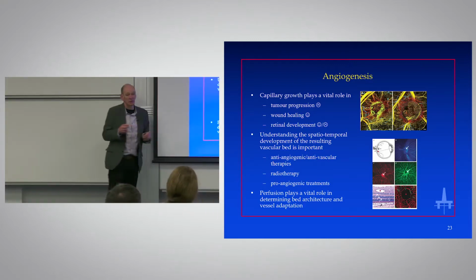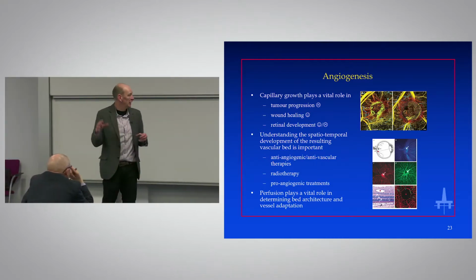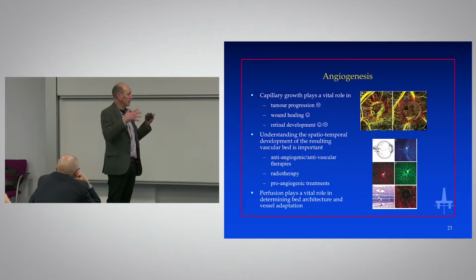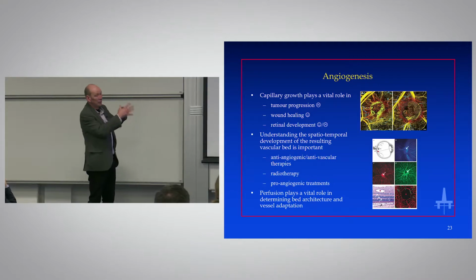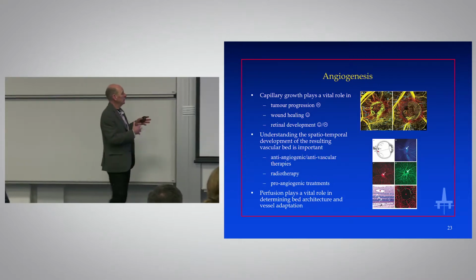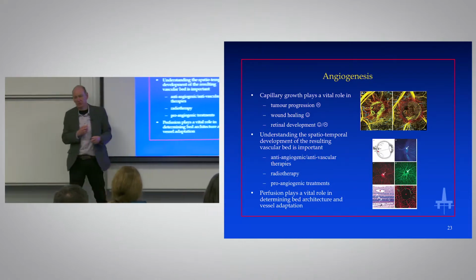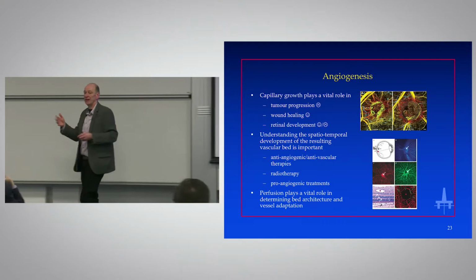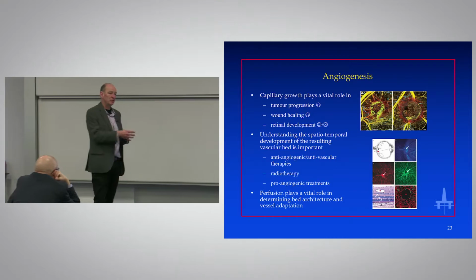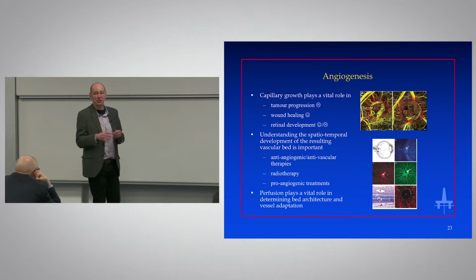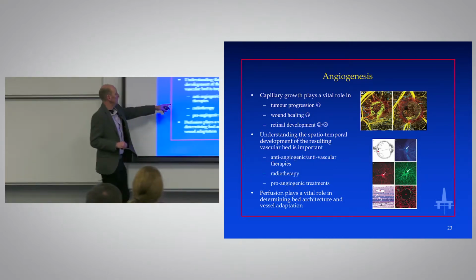And in retinal development, you want some of it, but you don't want too much of it. So if you get macular degeneration, you get lots of overgrowths of capillaries that can lead to blindness. And so by understanding how these capillaries grow, we can start to maybe look at things to stop the capillaries growing, anti-angiogenic treatments. So this was the great hope for cancer therapy, to give an anti-angiogenic treatment. If you could kill the capillaries off around a tumour, you could starve it of nutrients, and that would kill the cancer. It turned out not to be as straightforward as that, but that was a very hot research area